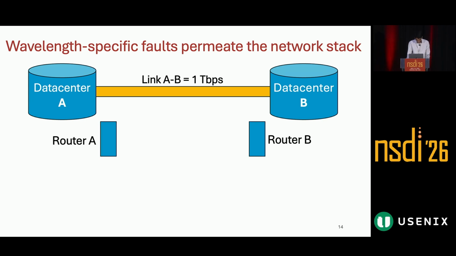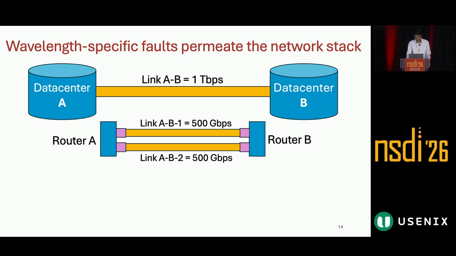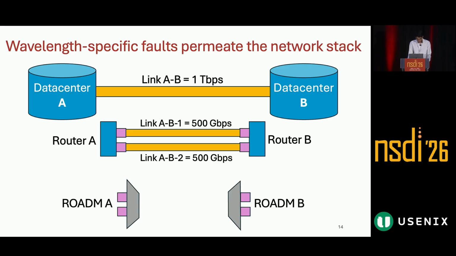to solve flow routing problems. However, to someone who works closer to the link layer, there's actually two border routers with two Ethernet links of 500 gigs each, and they're aggregated together to create this illusion of a link aggregation group. And to someone who is an optical engineer, we really just have two wavelength selective switches, or ROADMs, that are connected by a piece of fiber.